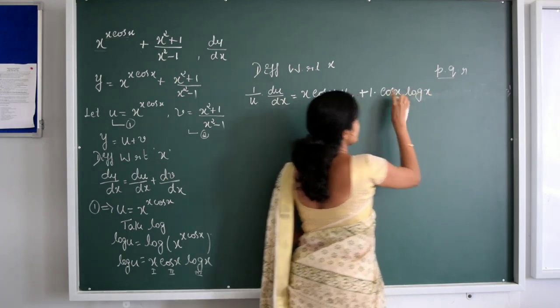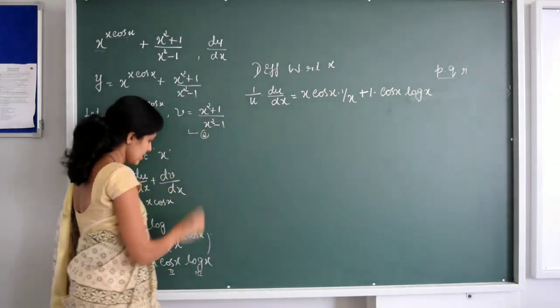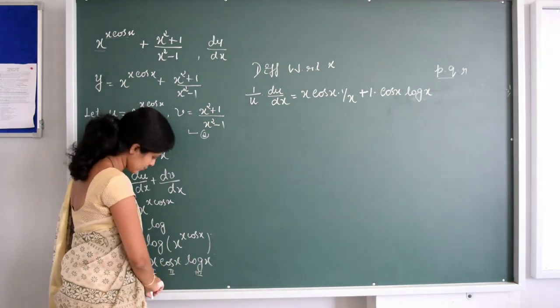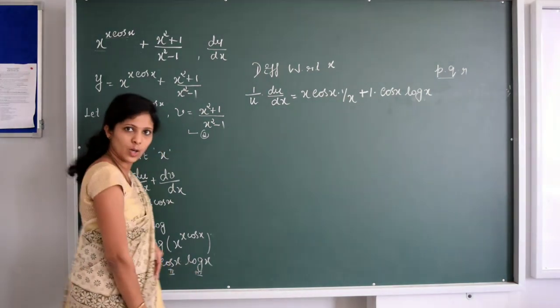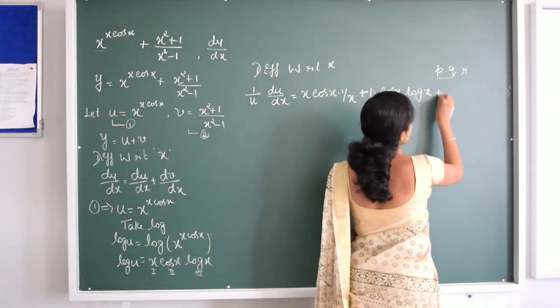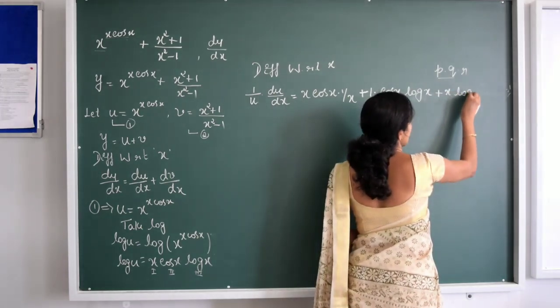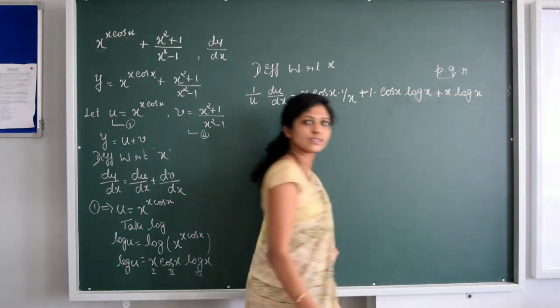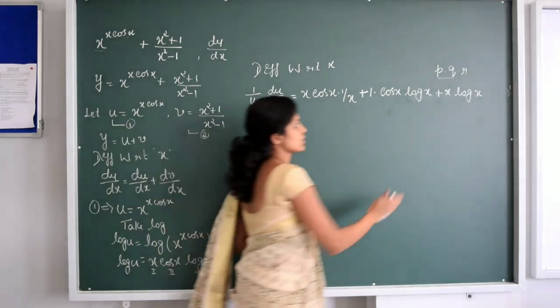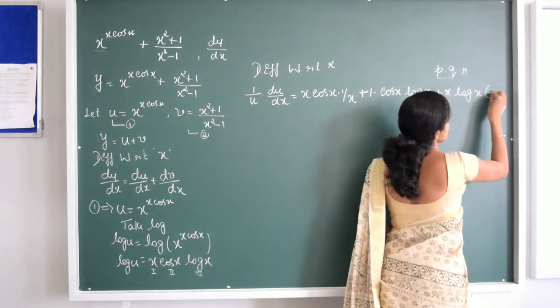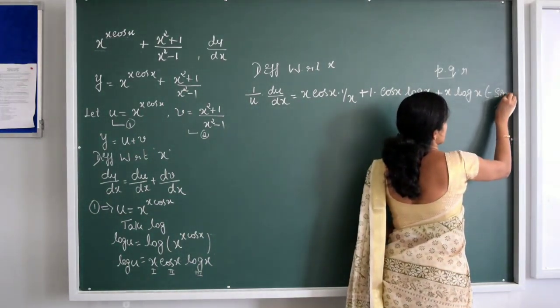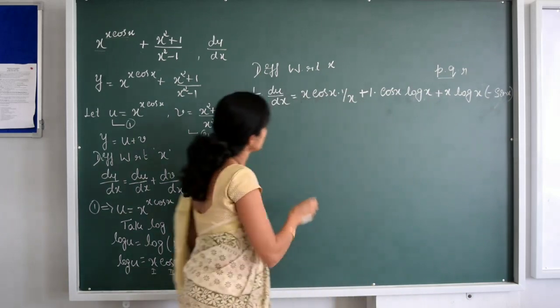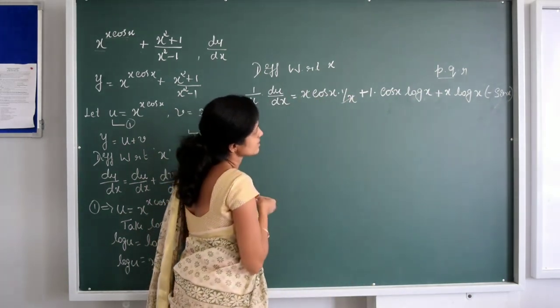So we differentiated log x and x. Now we have to differentiate cos x. For that we keep x and log x as they are, that is plus x log x, and the derivative of cos x is minus sin x. So this is now minus sin x. I hope you are understanding this. Now x and x will get cancelled, right?